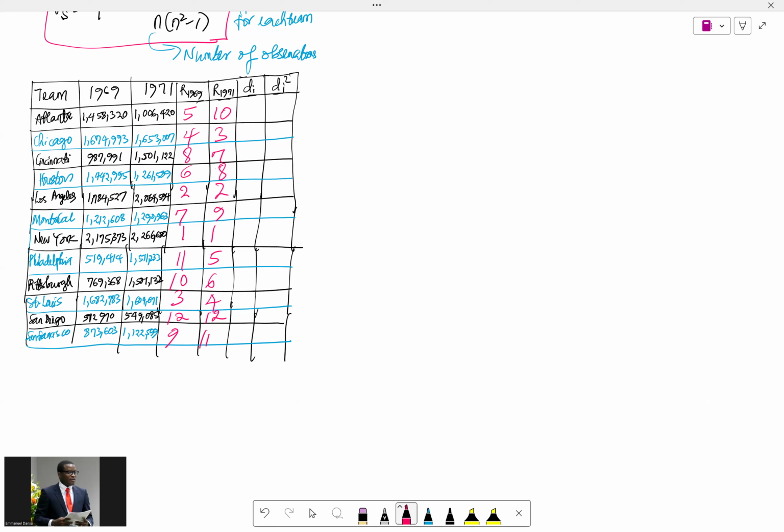Okay, so for 1971 now, New York is number one. New York, 2266. Number two is 2064. Number three, 1653. Number four, 1604. Number five, 1511. Number six, 1501. Number seven, 1501, 122. Correct. Number eight,